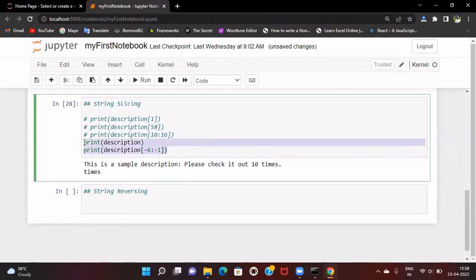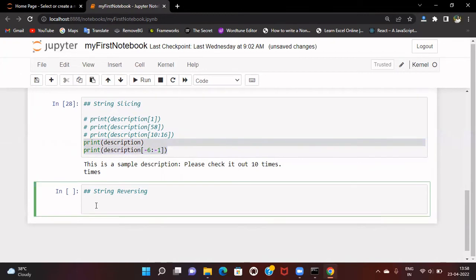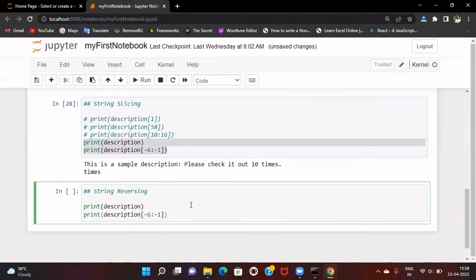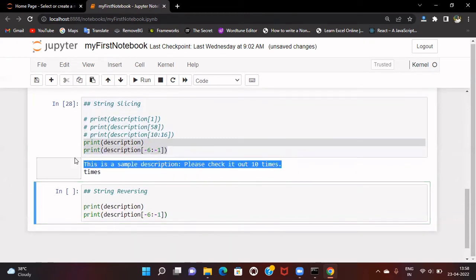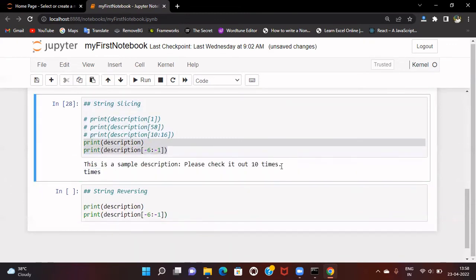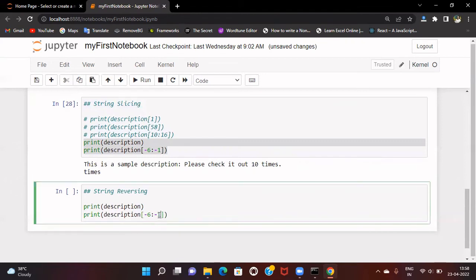If we want to reverse this string, what does reverse mean? It will go from the full stop, then the characters in reversed order. How we can do that is, if we say colon here